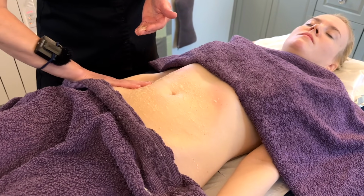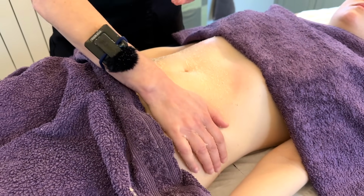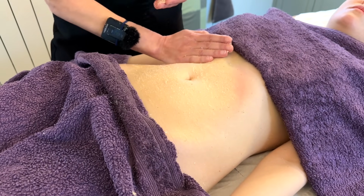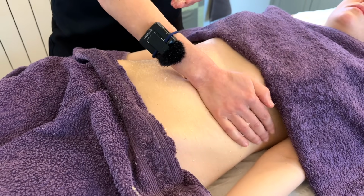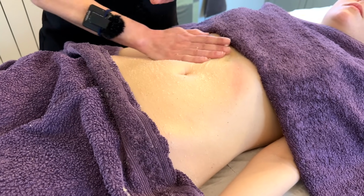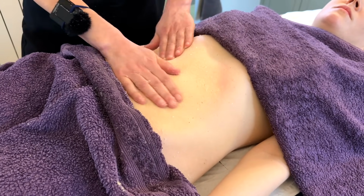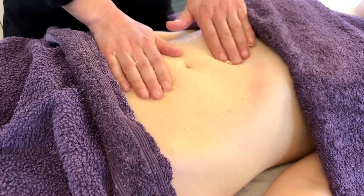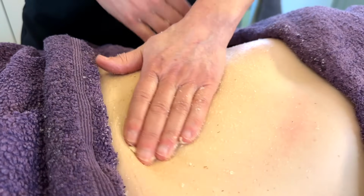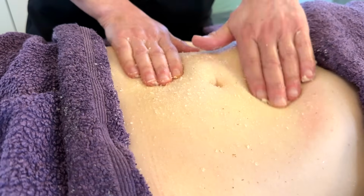Following the direction of the large intestine, softly over the lower abdomen. Intention up, across, and down, following the colon. And then a little more oil, salt, and lemon myrtle scrub. Into the soft tissue of the abdomen, reassuring and balancing